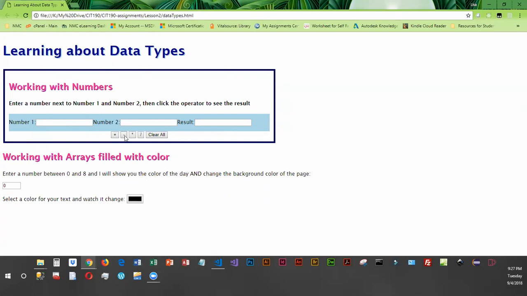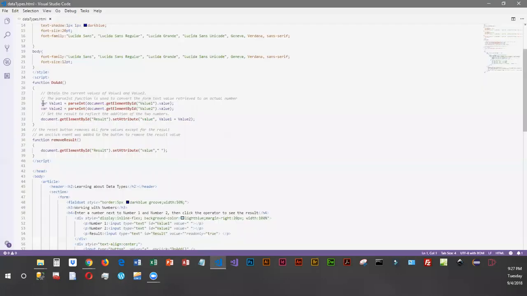We do not have coding for subtraction, multiplication, or division. So I've included the do add function, and the other functions we need to add are going to be very similar to this one. So what this is doing is it's pulling in the first number, okay, and we're using